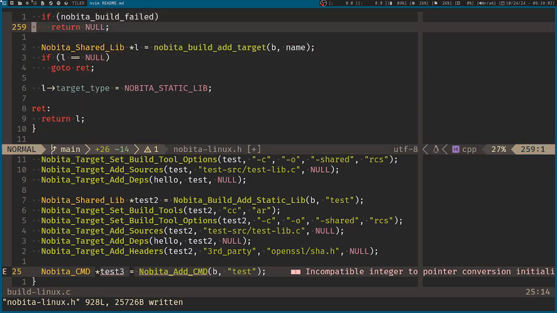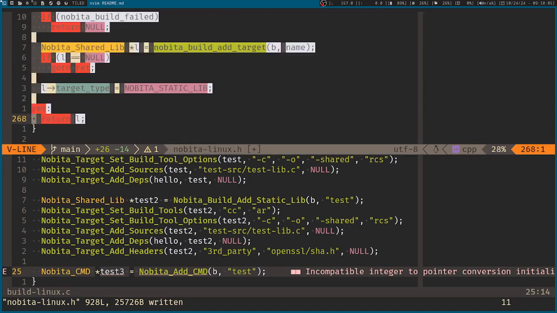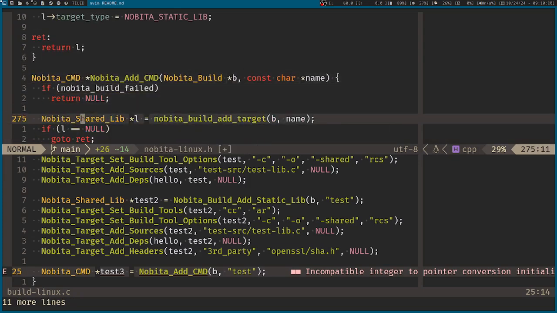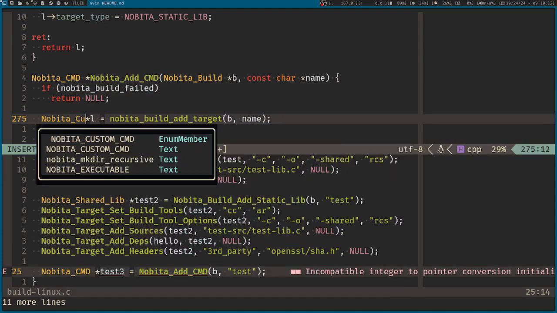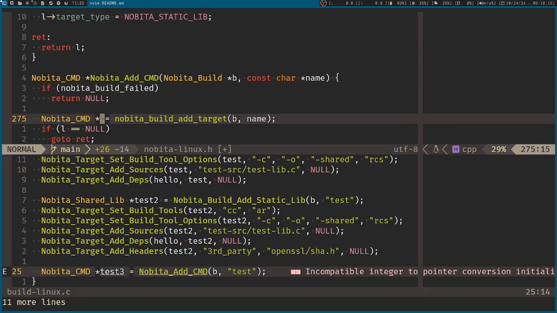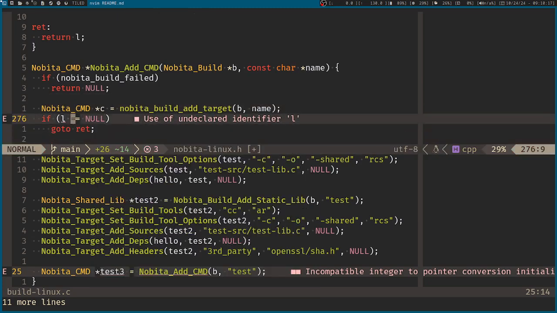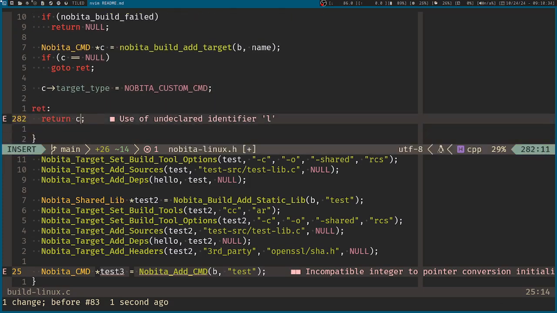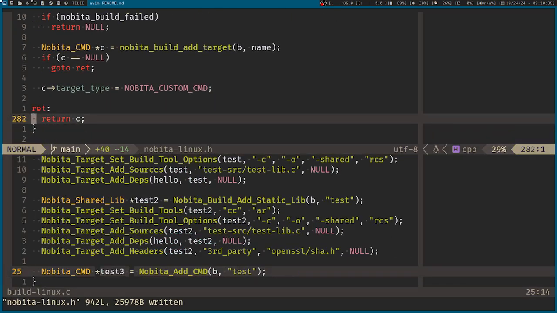Now if the build failed, in here as well, I'll just change the name. Here as well, and change this to custom command, return C,